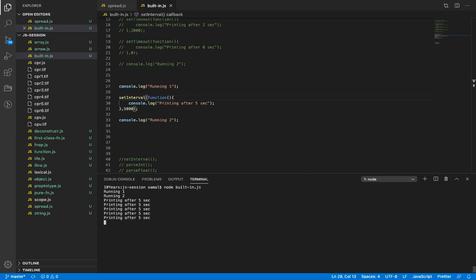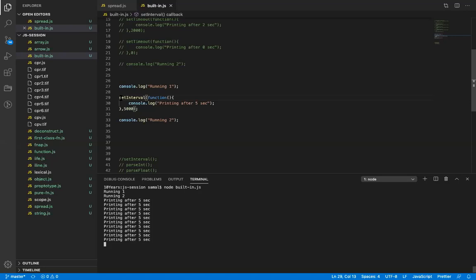We have to be very careful when we use set interval, because it can leak memory. If not handled carefully, it sometimes takes a lot of memory in the browser, and if you're using Node, it will take a lot of memory in Node. So I have to be very sure that if you use set interval, the purpose should be very clear, and this interval should be cleared, the memory should be cleared.